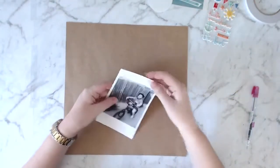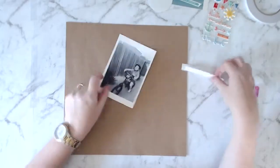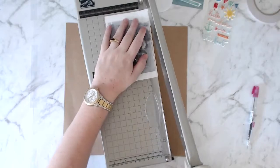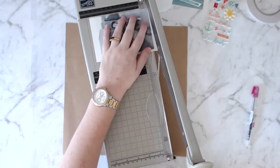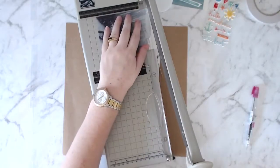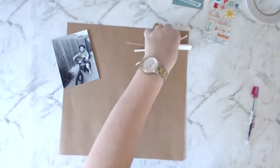This week I am doing the January challenge from Craft Plus Challenges, and the challenge this month is to use a bicycle on your layout. So I thought I would do a photo of Sam learning to ride his big boy bike with no training